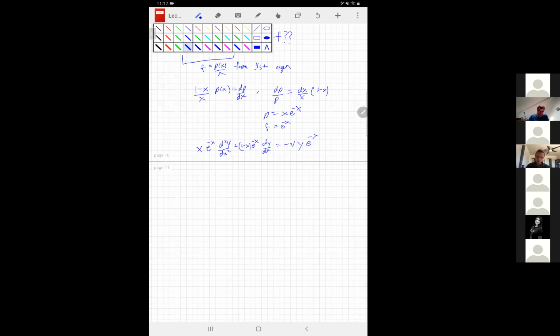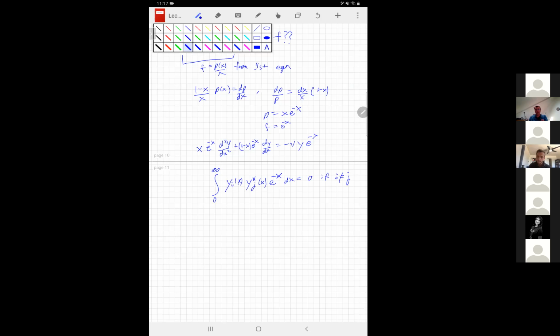And so we could conclude that the integral from 0 to infinity of y_i of x, y star j of x, e to the minus x dx equals 0 if i is not equal to j,